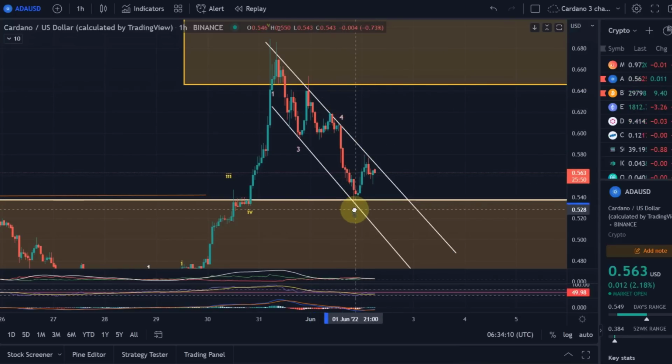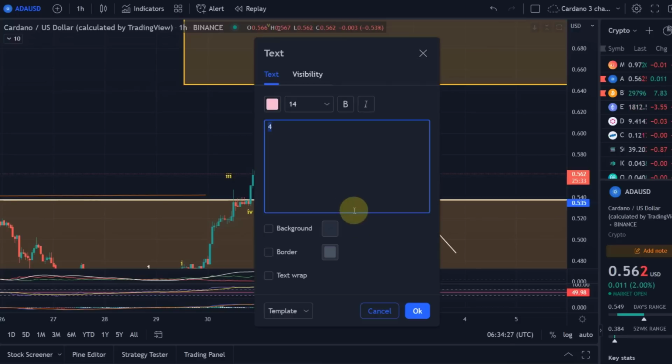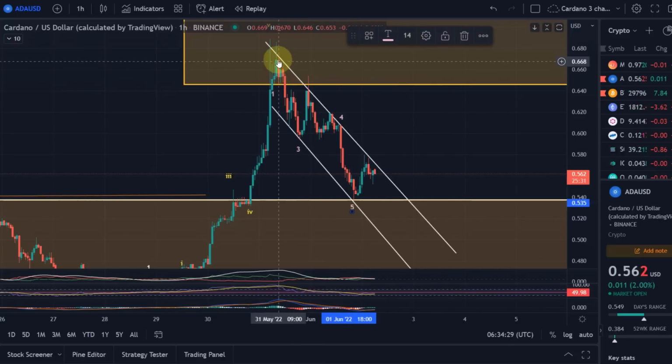What always helps to understand is, first of all, has a possible wave 3 reached the target area, which it did, and the wave 4, if you have a triangle, was this a wave 4? Because a triangle often comes as a wave 4, or a wave 4 often comes as a triangle. So two clues here that give us an idea, right? First of all, the wave 3 came to the 1.618 extension, actually did or was even a bit longer, and then we had a triangle here, and this then was most likely the wave 4,